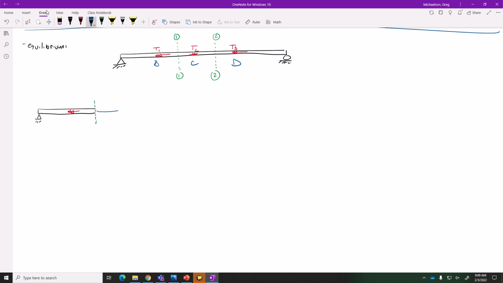So there's an internal torque right here, which we'll call TBC. And this T1 is 275 kilonewton millimeters. So if I treat this like a sum of torques equals 0 problem, then TBC is like that. Whereas if I cut section 2,